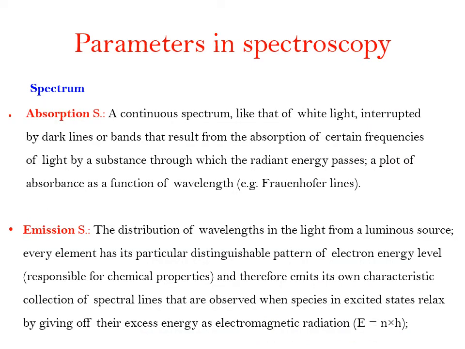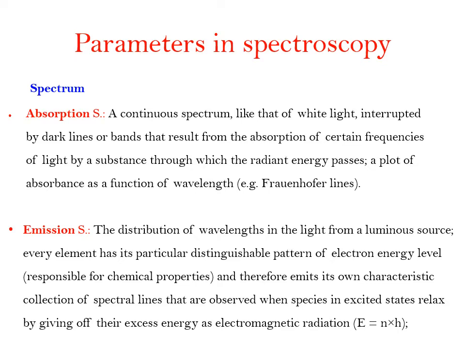So we have also absorption spectra and emission spectra. The continuous spectrum, like that of white light, which is interrupted by dark lines or bands that result from the absorption of certain frequency of light by a substance through which the radiant energy passes, is called absorption spectra. It is a plot of absorbance as a function of wavelengths, or we call them